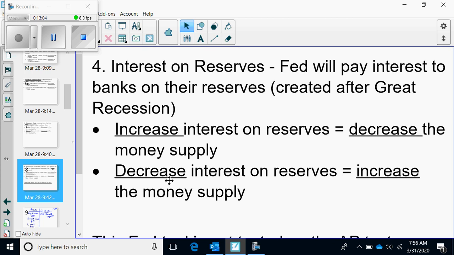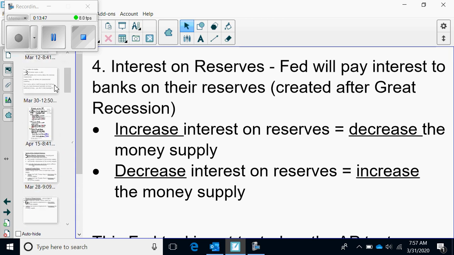They're not giving banks any money to hold on to their money because they want it to be loaned out. All right? So this is kind of what's going on right now with the Federal Reserve. They're trying to get banks to loan out money as much as possible. And hopefully once this thing lifts, hopefully by June the 1st or May the 1st, banks will obviously still be in business, but also small businesses, because it was easy for them to take out these low interest short-term loans. So make sure you write down this slide right here. We're not seeing this play as much as you can see.